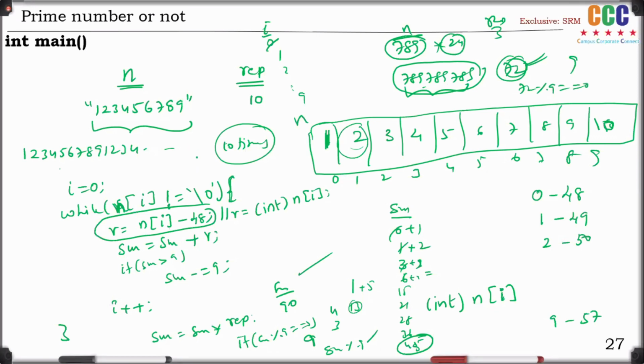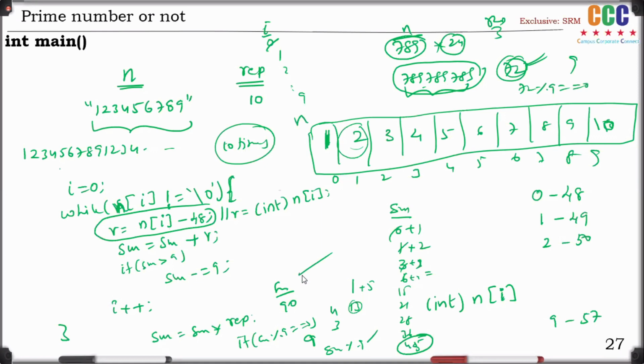Okay, look at our journey. Simple summation of the individual digits: we can handle summation of individual digits of a very big number, any number of repetitions, up to a single digit. Is this clear to all of you? With this small program, we discussed the depth of the logics. Clear, everyone? Now we'll move forward to another program.